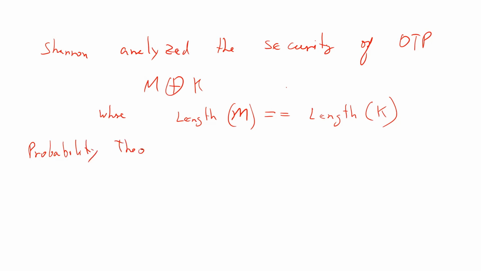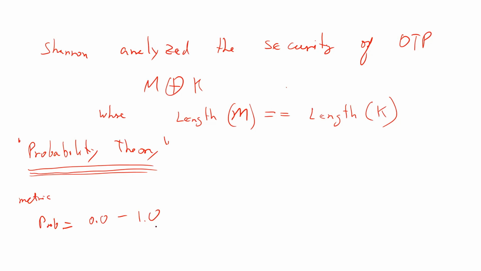He turned to probability theory, right? And probability theory is the theory of the likelihood of things. So it's a metric. I don't know if you noticed, but the key thing about it is that in probability theory, now you end up with a metric. What is the probability of something? And we know that probabilities work in ranges from 0.0 to 1.0, and anything in between. So intuitively we all understand